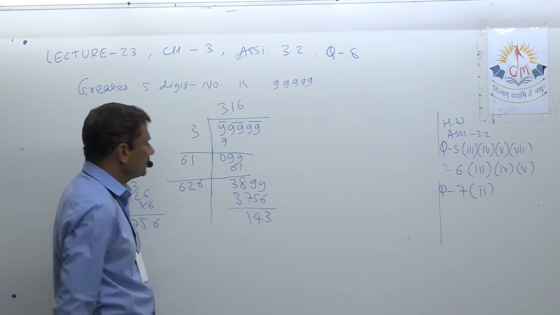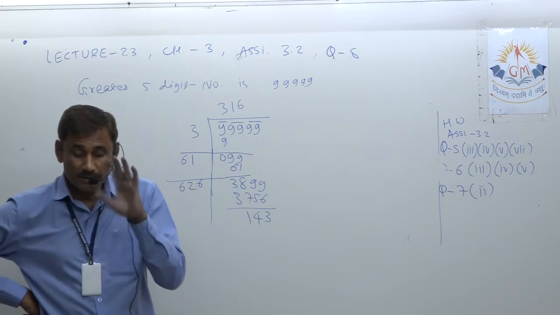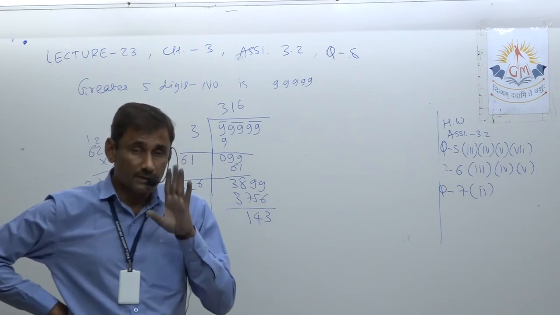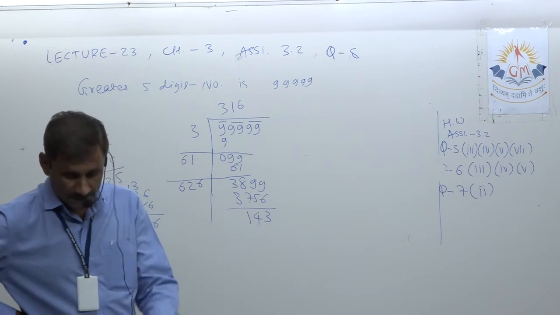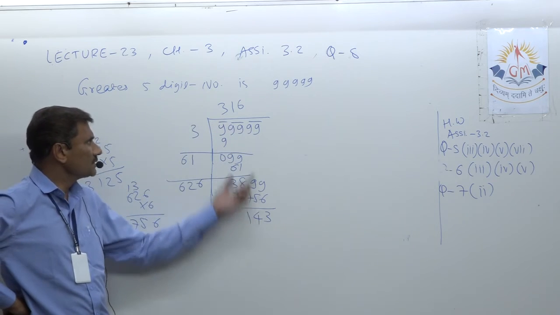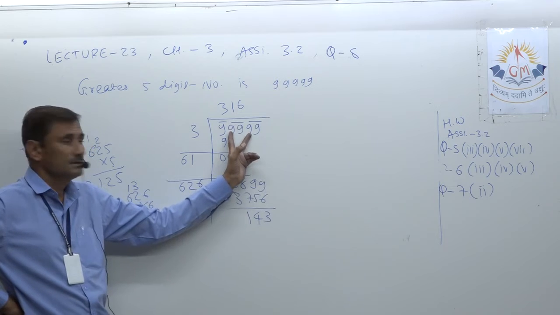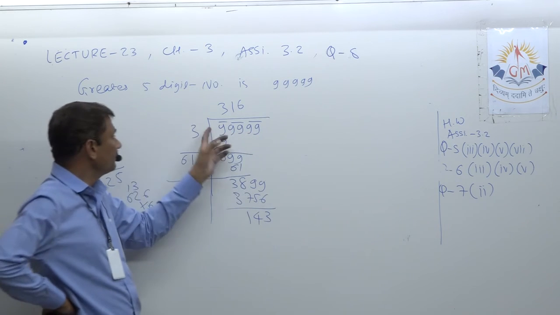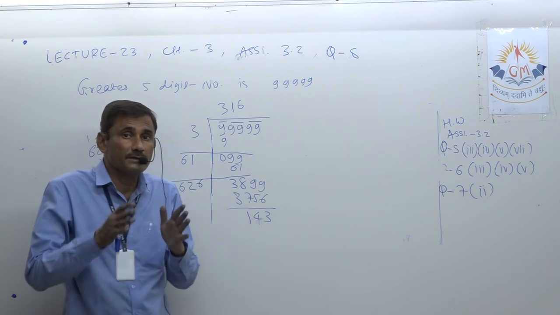Now they are asking which is the greatest 5-digit perfect square number. First of all, try to understand. This is the question to be understood well. All these questions mean something should be subtracted because we cannot go ahead. We cannot add here. Why? Because if we add even a 1, it will be a 6-digit number. Now we are in 5-digit number.